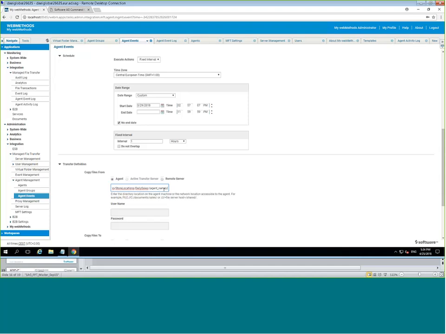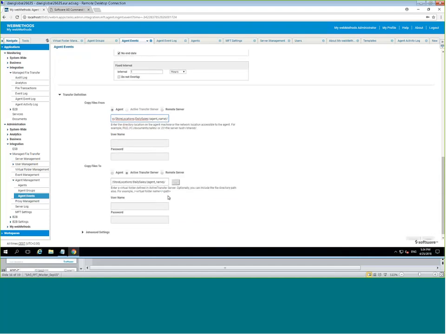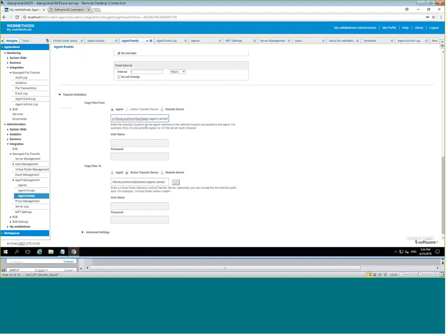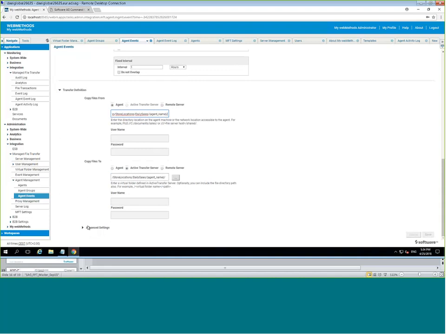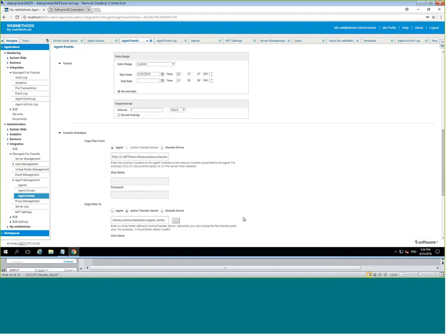You can see the agent name here, both the agent locations, New York store and the Washington store, and then it drops it to the ActiveTransfer server. Okay. So it's just a reverse scenario, right? I'm picking up the files from the agent system and then moving it to the ActiveTransfer server. Then of course I can specify advanced settings if I want, renaming files and so on and so forth, which I'm not in this case, but you can do the same.